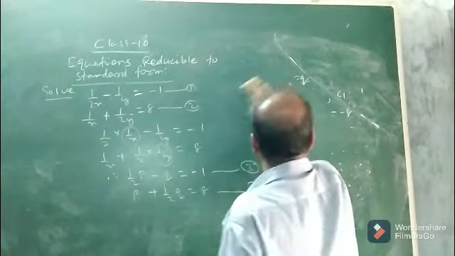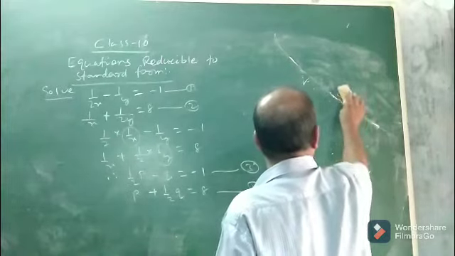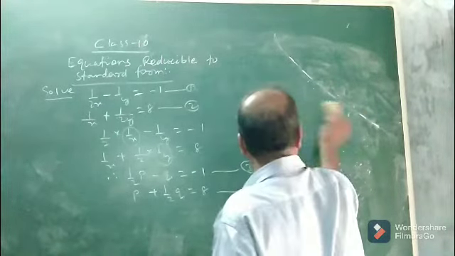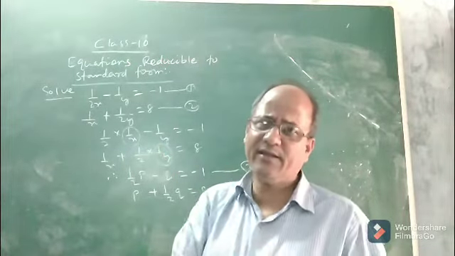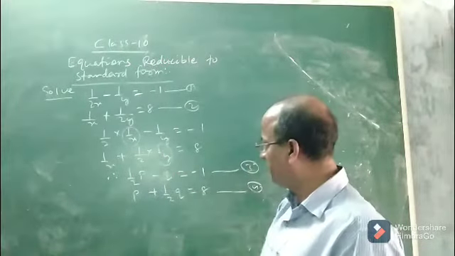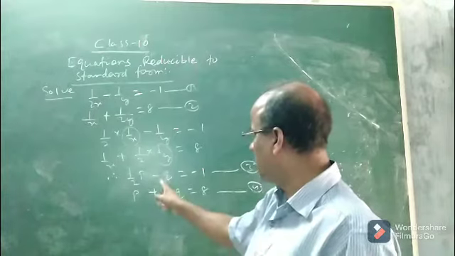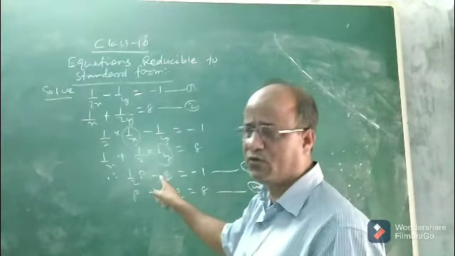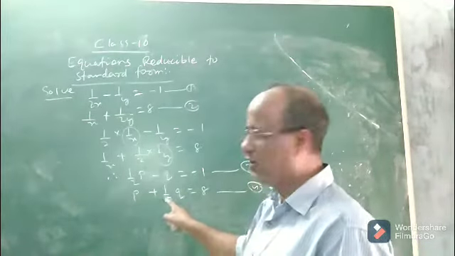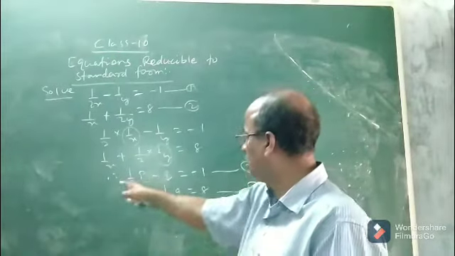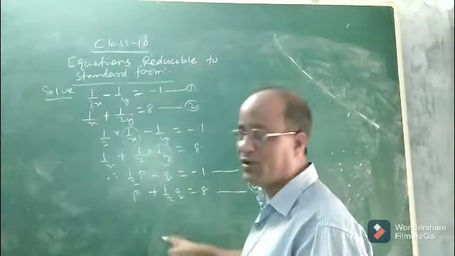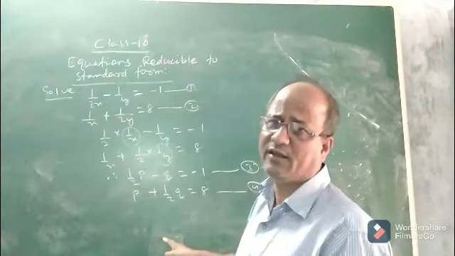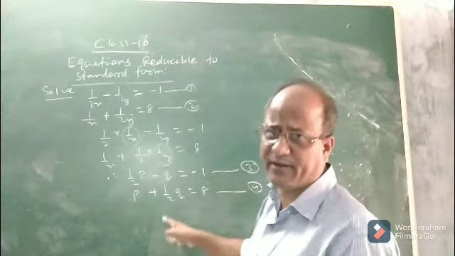Now, we can easily solve these two linear equations, 3 and 4, which are in standard form. So, which method we will apply? We can apply any method. Let us apply the elimination method. See, now elimination method how to do? You see, here it is minus, what is the coefficient of q? It is 1. Here it is 1 by 2. Now if you multiply 1 by 2 to equation 3, then the coefficients of q will be same and it can easily be eliminated.